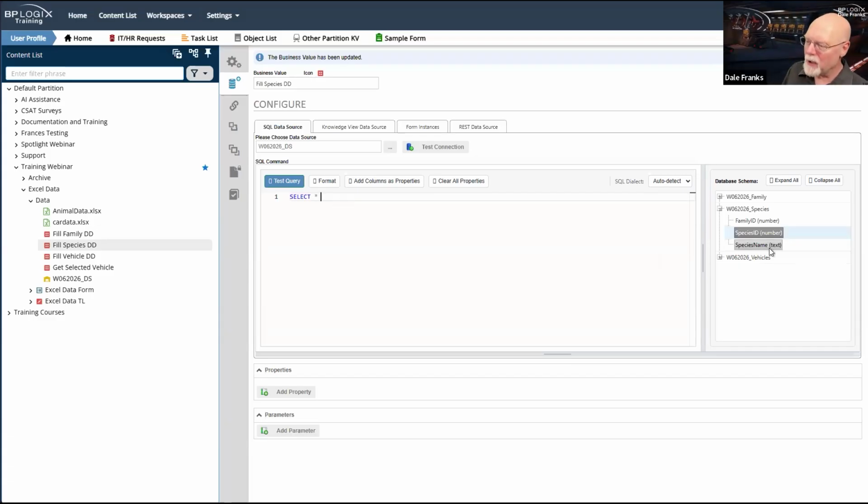Actually, I don't need all 3 of these fields. I do need the family ID for a filter, but I actually don't need to return it.